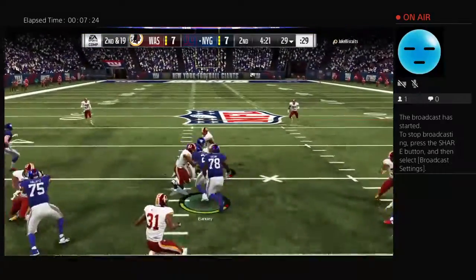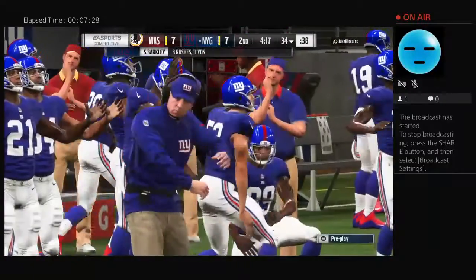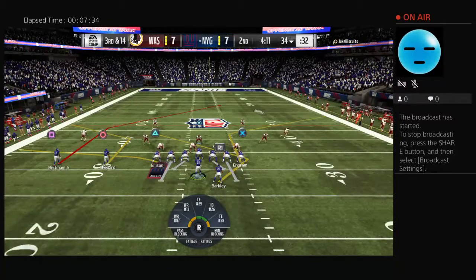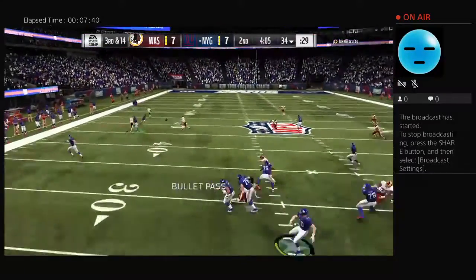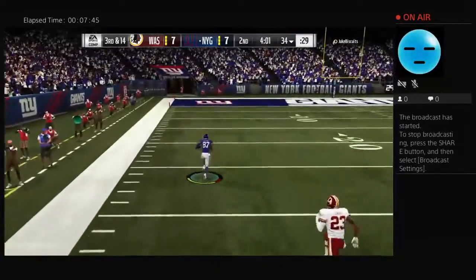On 2nd down, here's Barkley. He takes this from the 30 to the 34. One thing to keep in mind, partner, especially in the second half, when you've got a running back of this size, of these dimensions, I can just tell you, attrition does set in for a defense because you're excited about hitting him in the first half. Maybe not so much in the second half, and some of these shorter gains turn into...